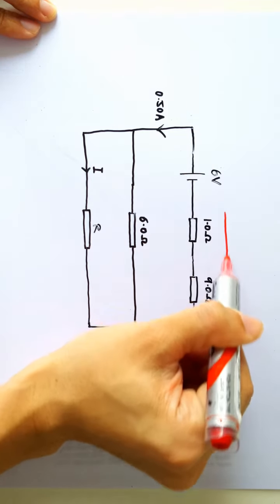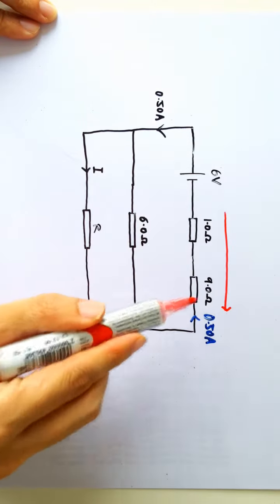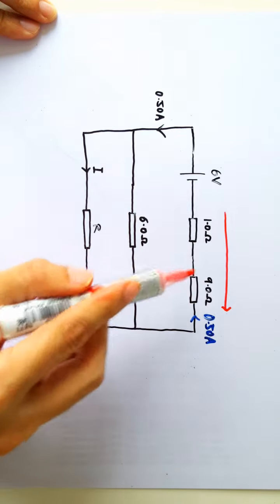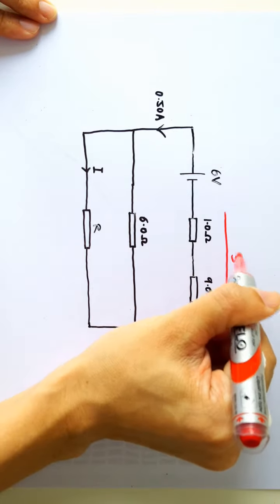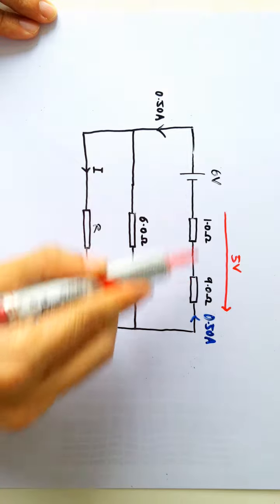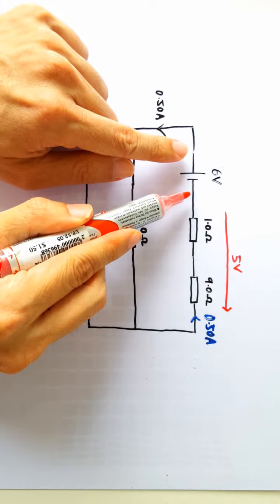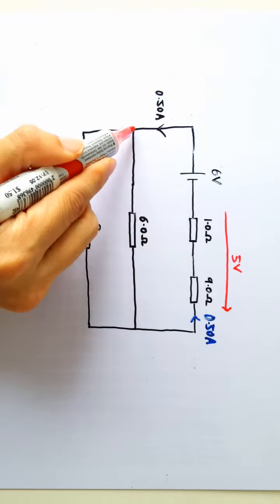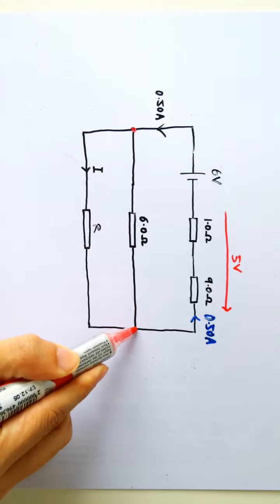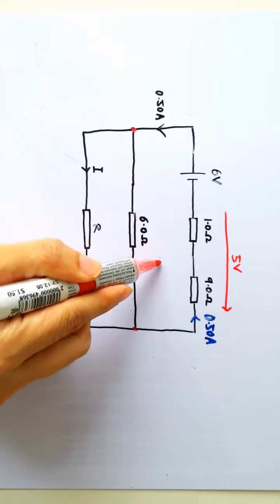have a potential difference here of 0.5 times 10 ohms, right? V is IR, so I times the R of 10 ohms. So we have a 5 volt potential difference across these 2 points here. But the EMF of the battery is 6 volts. And here we already have 5 volts, which means what remains between these 2 points here is only 1 volt, right? So we have a 1 volt